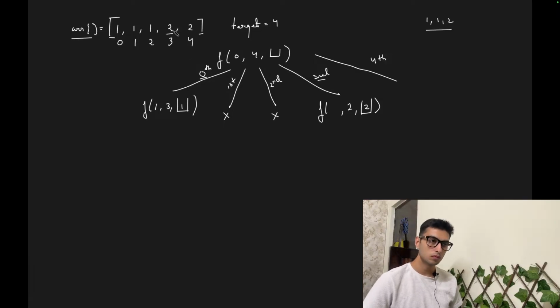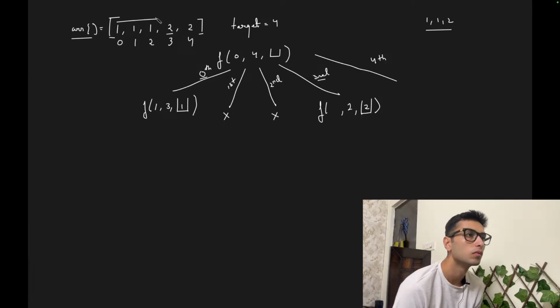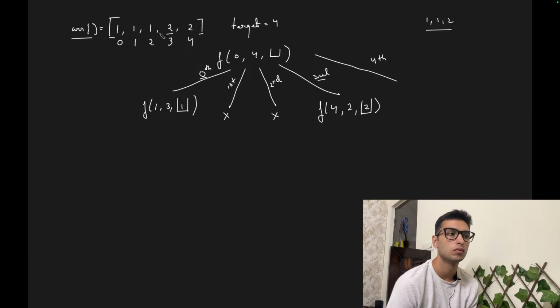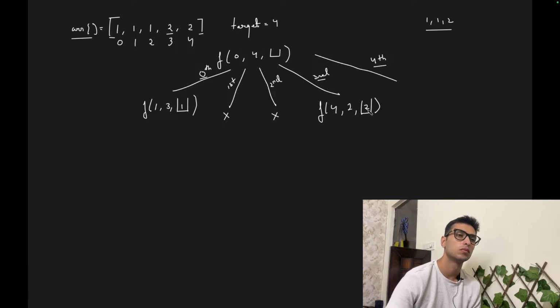So if you've picked up 2 and you're looking for a sorted combination, you are not going to pick up anything from the left, obviously. So you will decide to pick elements from the right. So that means you'll move to the fourth index. That's very obvious because if you have picked the third index guy, the next elements will be picked from the right. Now, will you pick the fourth index as your starting element again? Obviously not, because you already have picked someone which is a value 2, which is your